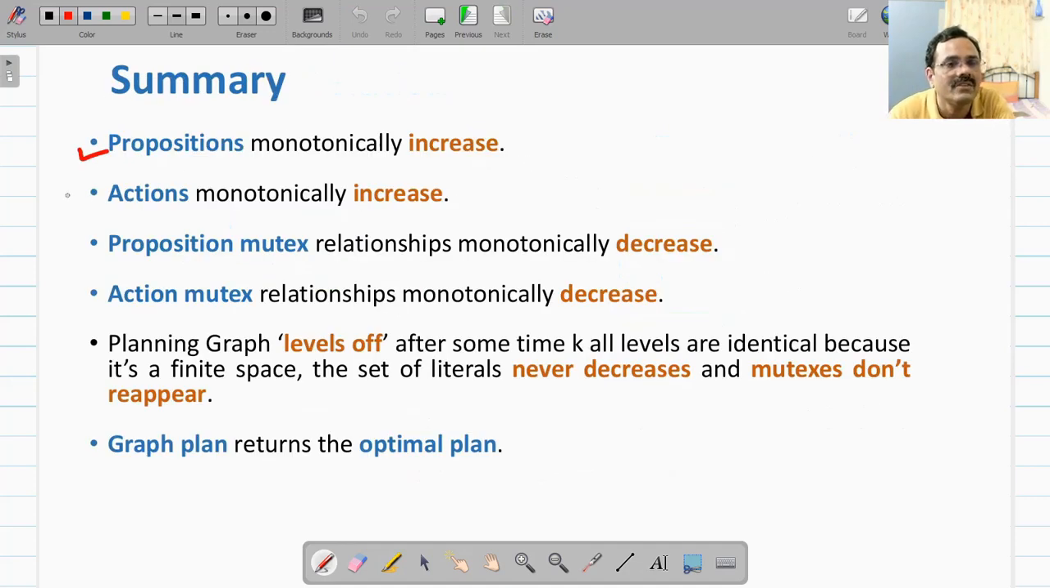The number of actions also monotonically increases, because as propositions increase you find corresponding actions that can be applied in the given situation. But proposition mutexes monotonically decrease as you go to the next layers. Similarly, action mutex relationships also monotonically decrease. The planning graph levels off after some k, when all levels are identical. That means if Pi is equal to Pi minus 1, then we say that the graph has leveled off,